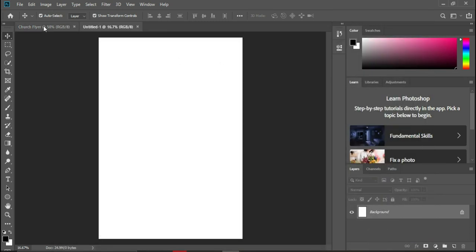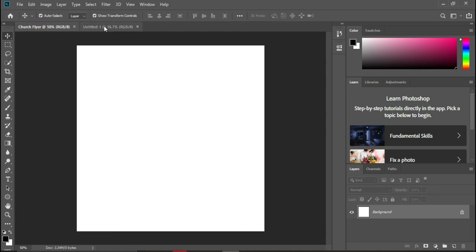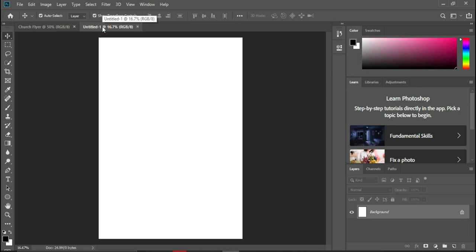So you can even come to your church flyer. You can just click on this one. Have you seen it? This one is the first one that we selected. This is the second one that we selected. This is the A4 sheet. Because we didn't name it, that is why you see the untitled one here. Okay, so when you open your Photoshop, this is what you are going to see. Okay, now let's move on to know all of this. What does it mean, so that we won't get confused. All right,